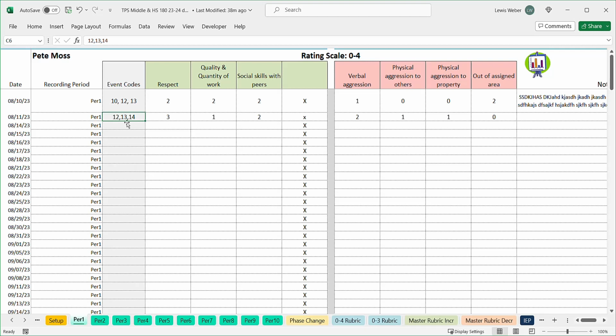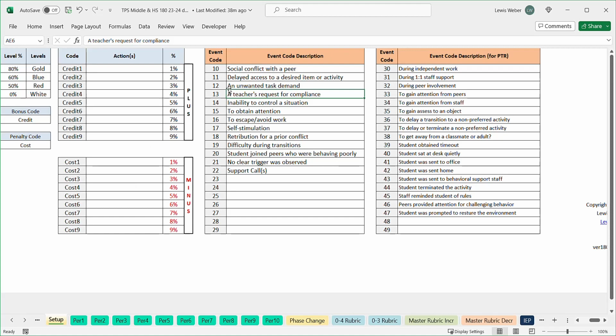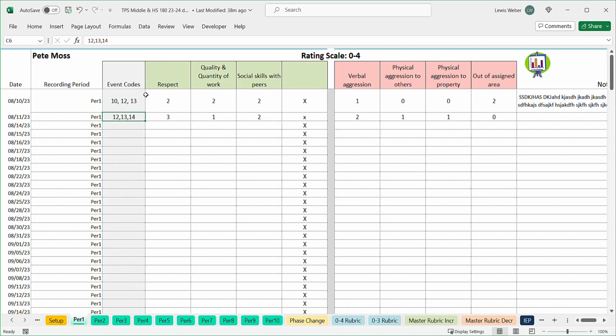So here we have a 12, a 13, and a 14. And what was that? Well, unwanted task demand, teacher's request for compliance, and an inability to control a situation. So this is a very efficient way to record antecedent, triggering, context, situations, all those kinds of words. It allows the teacher great efficiency in recording those. And because they're encoded by numbers,